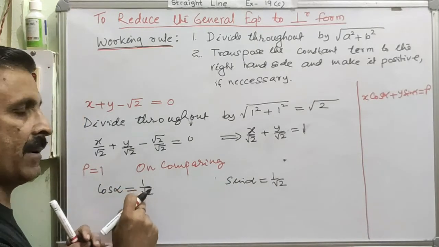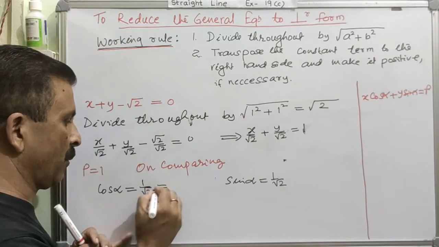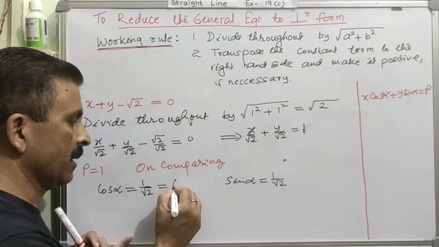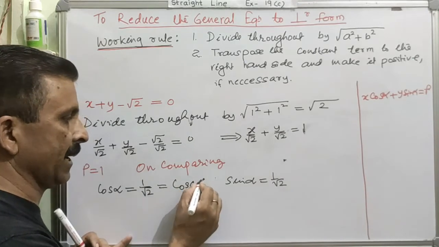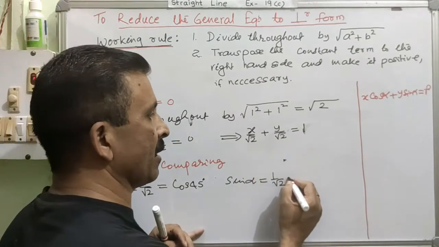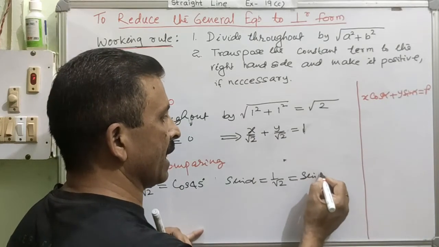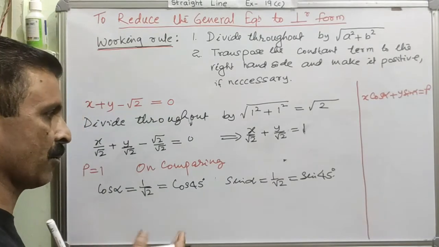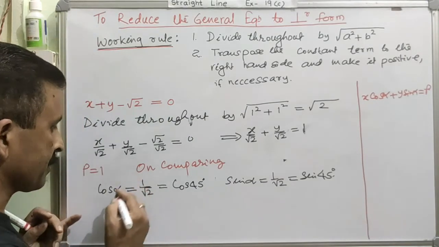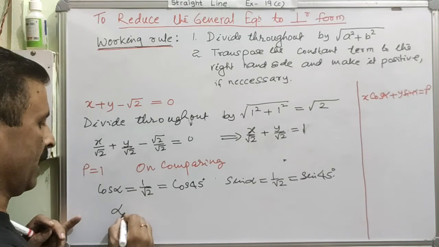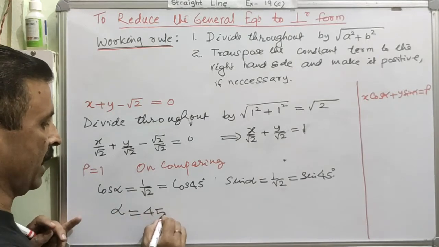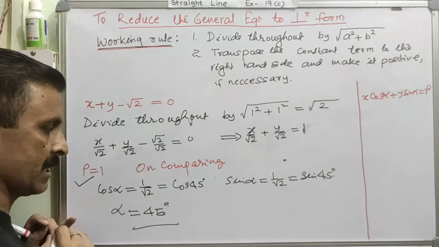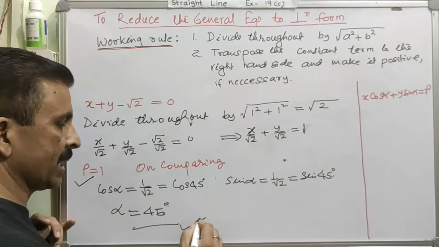Now, since this is a very easy value, and we already know for what angle of cos the value is coming 1 over root 2. This is coming cos of 45 degree angle. Similarly, in the case of sin also, sin at 45 degree angle, the value is coming as equal to 1 over root 2. We know it from the table. This is a very simple question. That is why I took very easy question. And therefore, we can say alpha is equal to 45 degree, and this is your answer. So you gave perpendicular length and also you calculated the angle.